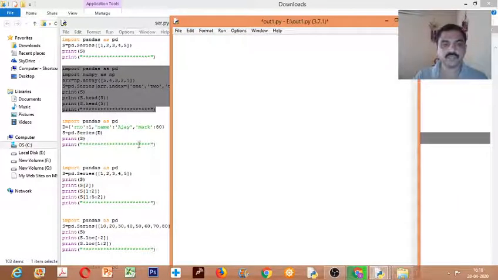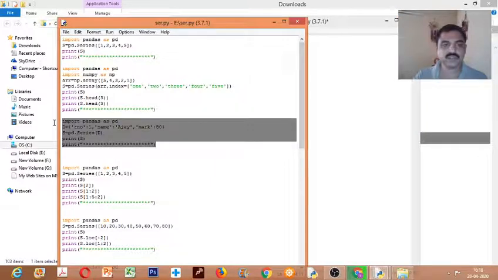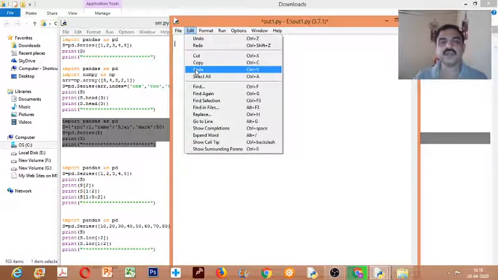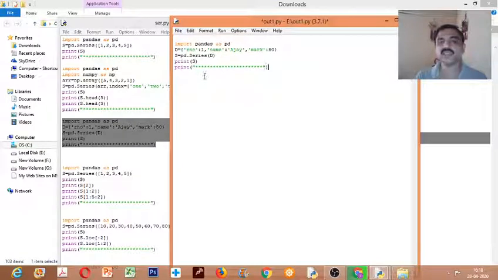Now let us add some more features to it. Now we'll create a series from a dictionary. So import pandas as pd, then you know how to create a dictionary. I have created a dictionary called d equal to, within flower brackets, rno colon 1, comma, name colon Ajay, comma, mark colon 80.